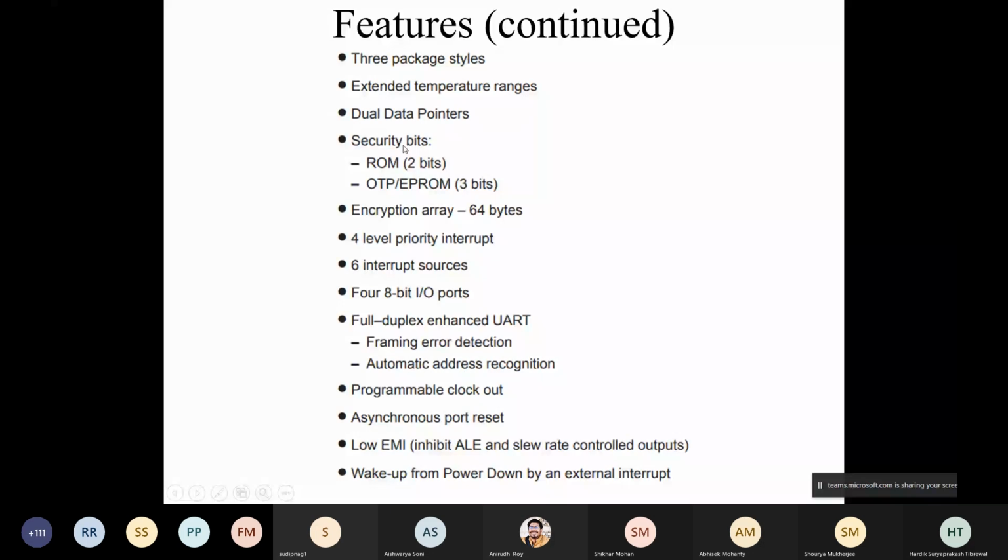Same thing with the microcontroller. Here you want to secure your code, your program, which is stored possibly in the flash memory or the ROM. For that, there are different levels of security. In some microcontrollers, they offer only ROMs. That means if you lock it once, you cannot open it. Even the owner cannot open. It's like you are locking your house and losing the key. You have to break the lock if you want to really open it, but you cannot really break open 8051, so you have to damage the chip. So that is basically ROM, one-time programmable, 2 bits.